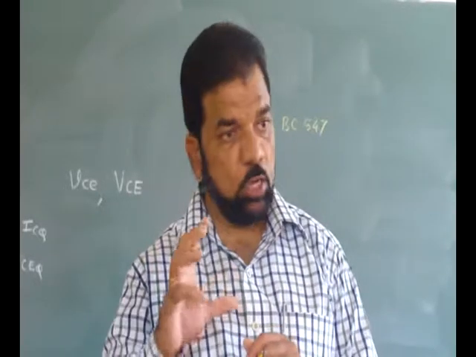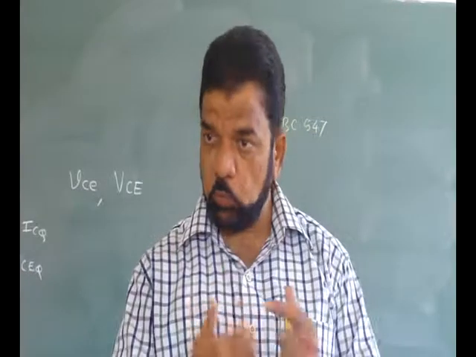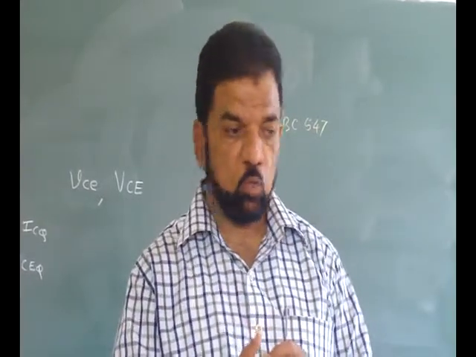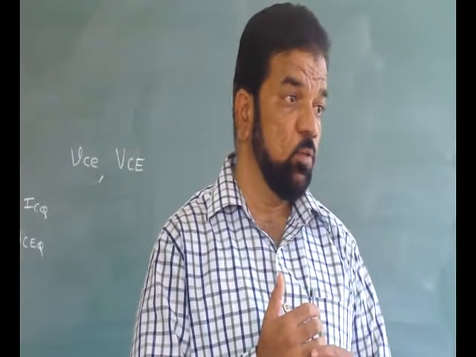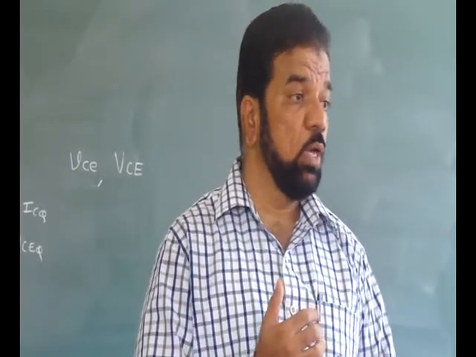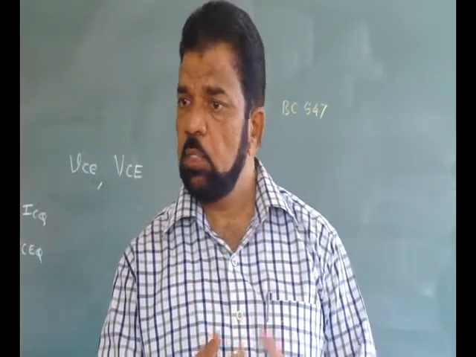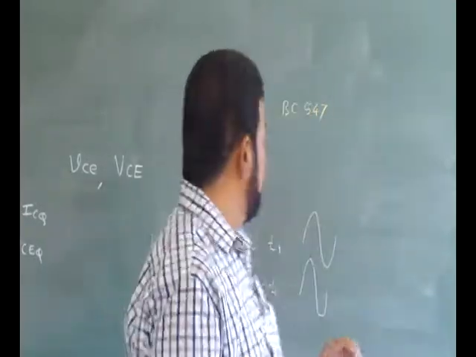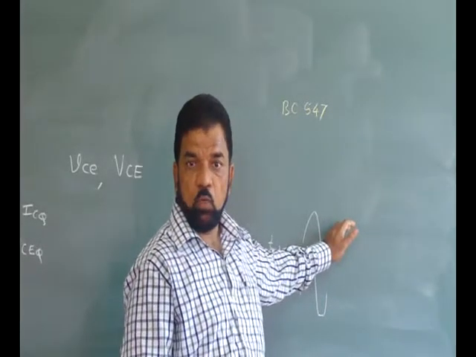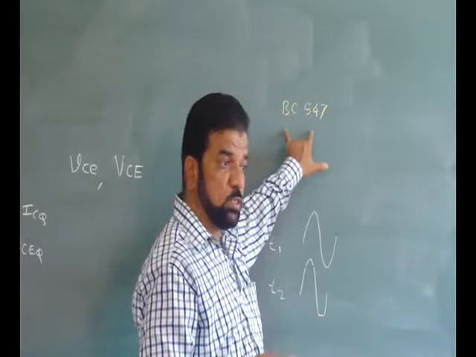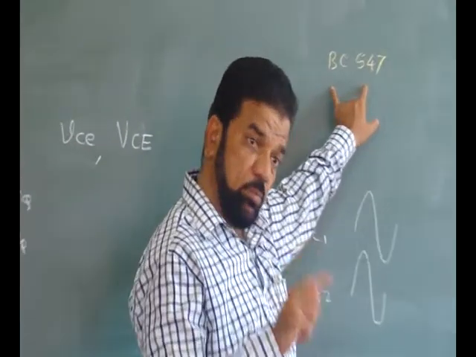I am not getting the result. Afterwards, I have checked the transistor, the reverse process I have done. So what do I have to do? Do I have to stop that design? I have to replace the transistor by which number? The same number, because I have used this number for calculating the different values. Now when I am replacing this transistor 547 with the same number,